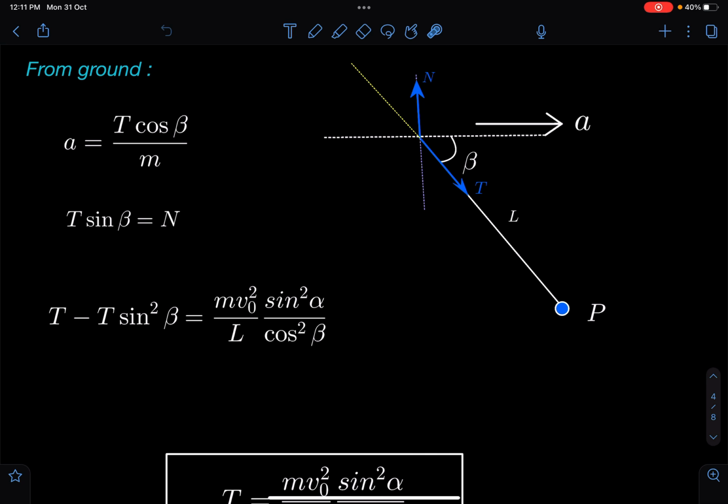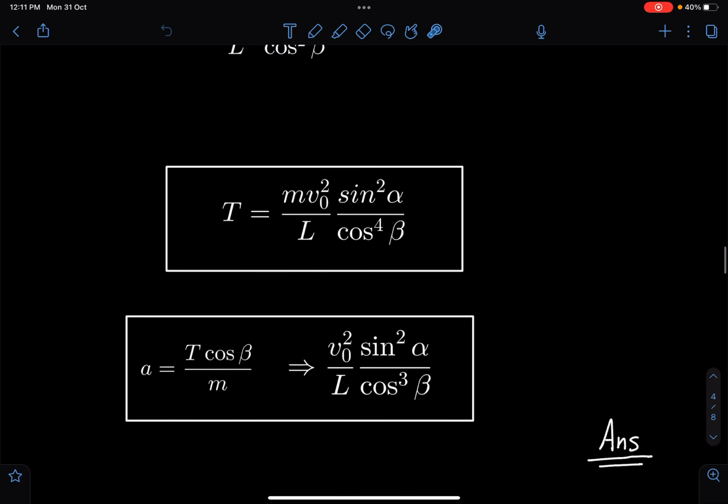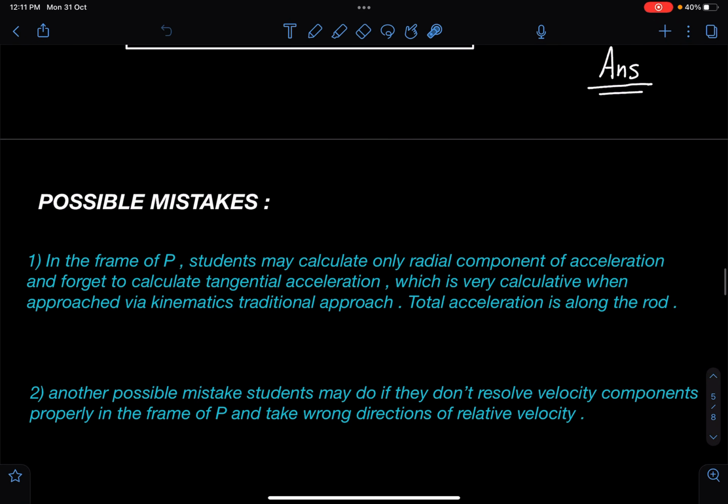So it will give a component of normal reaction along the tangent, so there is tangential acceleration. And this is one part where students have made a mistake. They wrote the radial acceleration properly but forgot to include